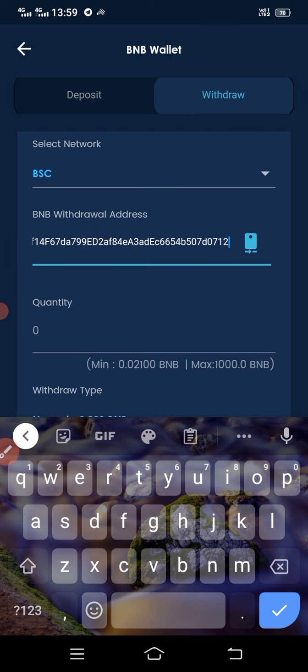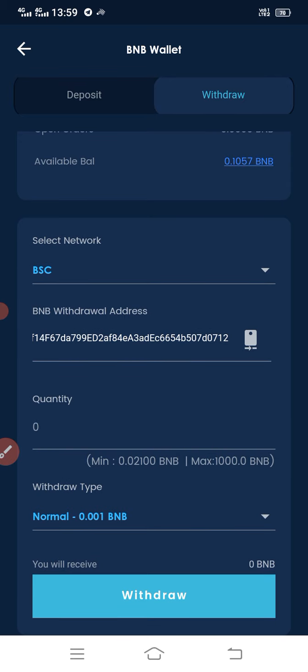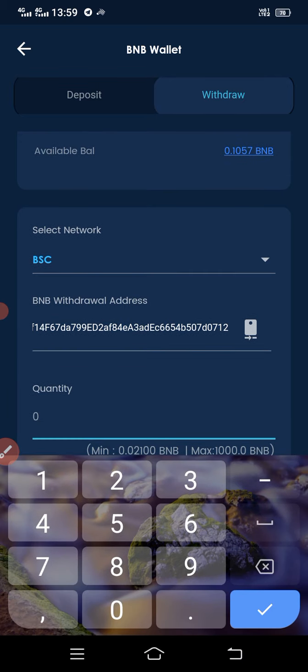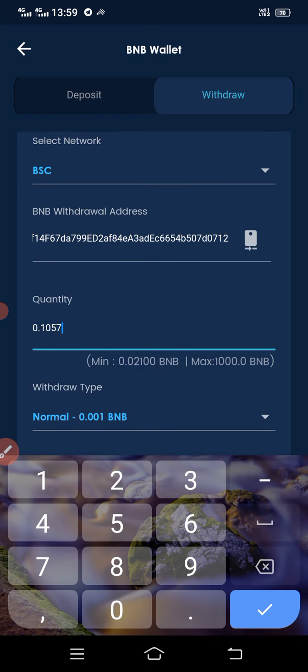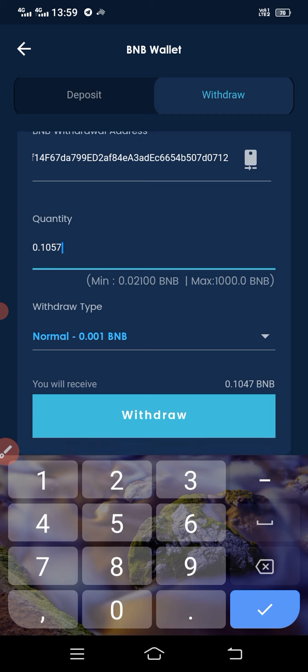Quantity maximum, 0.1057. I'm sending it completely. 0.001 BNB is the fee.